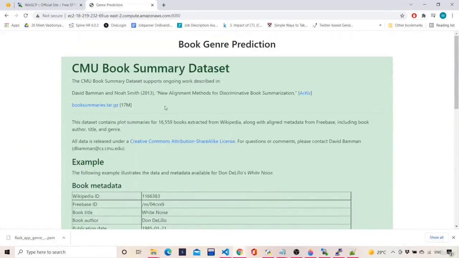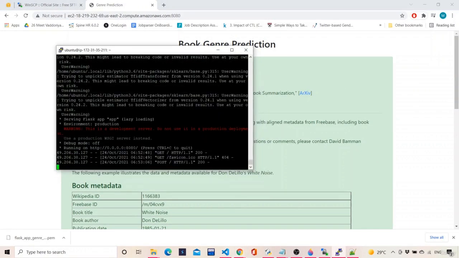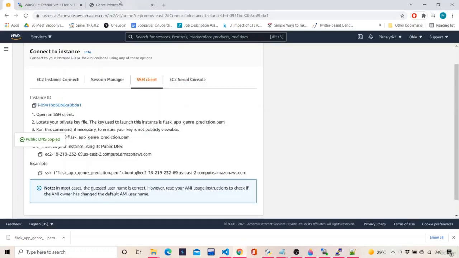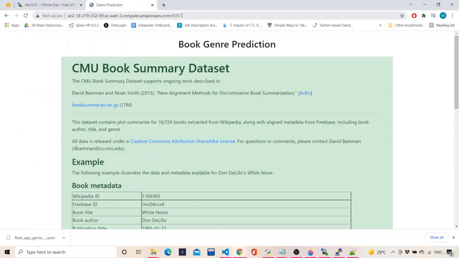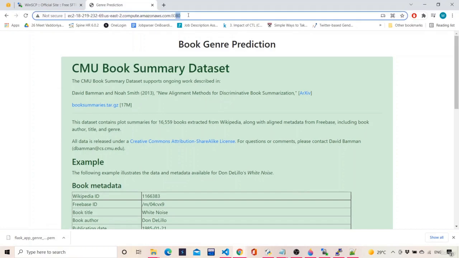The only disadvantage is that this will run only while this is running here. If I shut this down, this will also shut down. In order to make it more scalable, you have to use the premium version of AWS EC2. You can share this with anyone, that's not a problem. The port number must be 8080 because we defined in our app.py that it should be 8080.